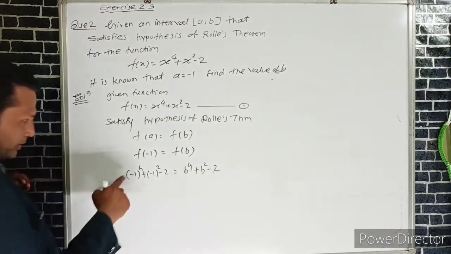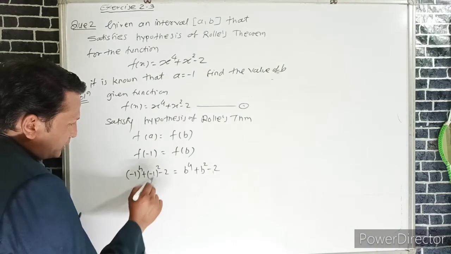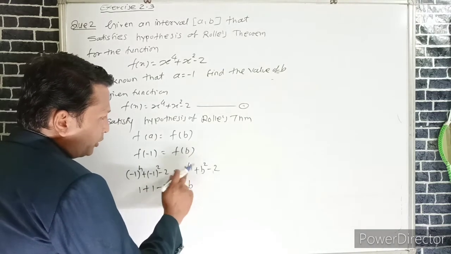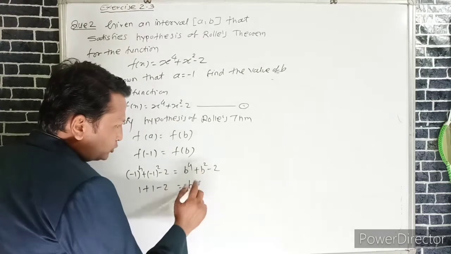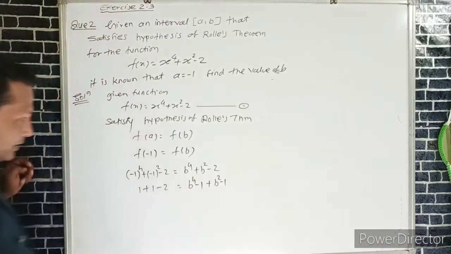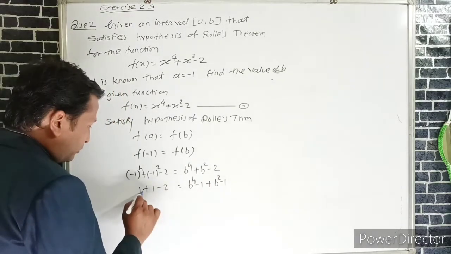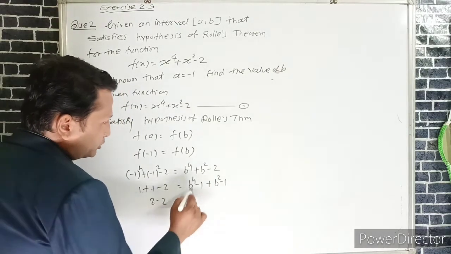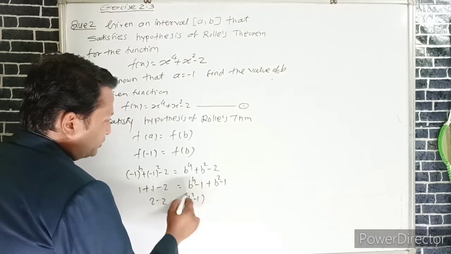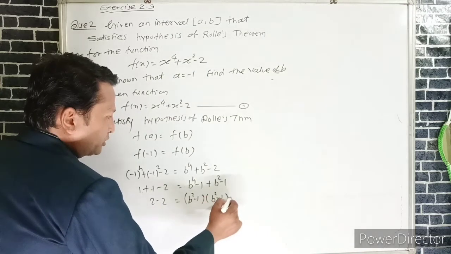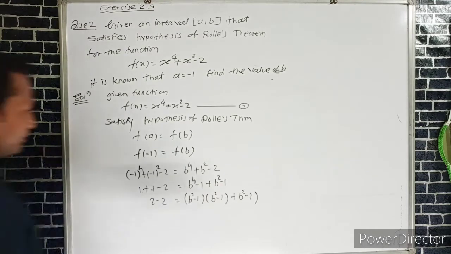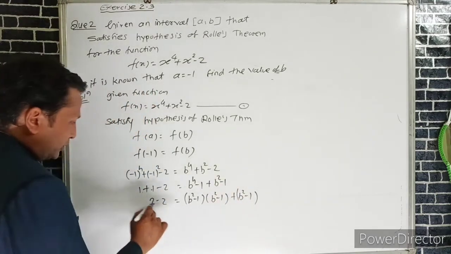So (-1)^4, which is 1, again 1 - 2 is equal to b^4. We can take this: -2 = b^4 - 1 + b^2 - 1. Again here 1 + 1 is 2, 2 - 2 is equal to b^4 + b^2. We can write (b^2 - 1)(b^2 - 1) + (b^2 - 1). If we take b^2 - 1 common from both terms, we get 2 - 2 = 0